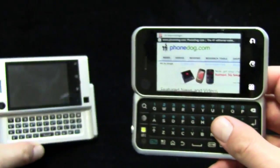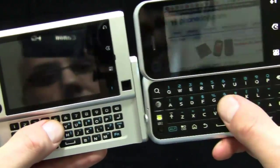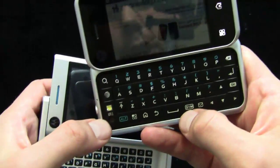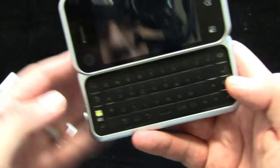So I think the keyboard, I think it's kind of a toss. I think that it feels a little bit better on Devour, a little more functionality, a little more room on Backflip. So we'll call it a little bit of a toss-up. To note here on the keyboard, the camera is on the Backflip on the keyboard, and I actually think that's really cool because what you can do